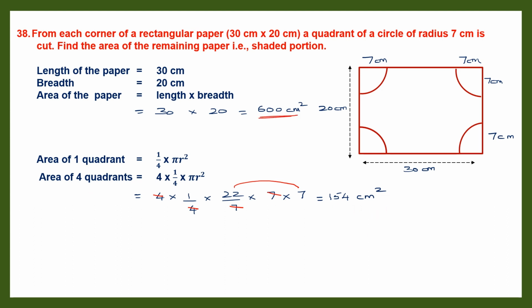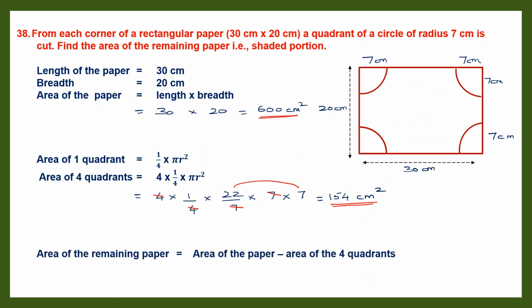So this is the first area. This is the second area. If we subtract these two, we will know the area of this portion that is inside. So let's do that now. So area of the remaining paper will be area of the paper, that is a rectangular paper, which is 600 centimeters square, minus the area of the 4 quadrants, which is 154 centimeters square. So when we subtract these two numbers, we get